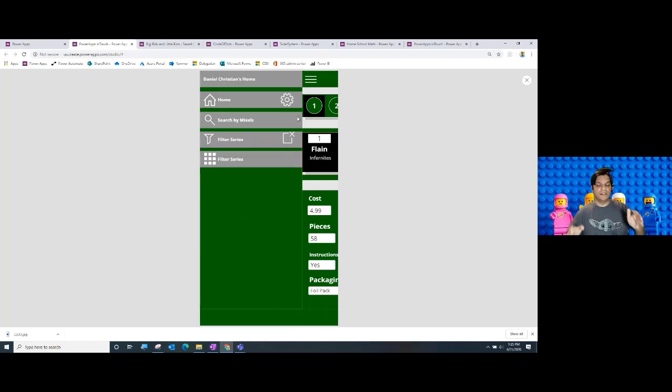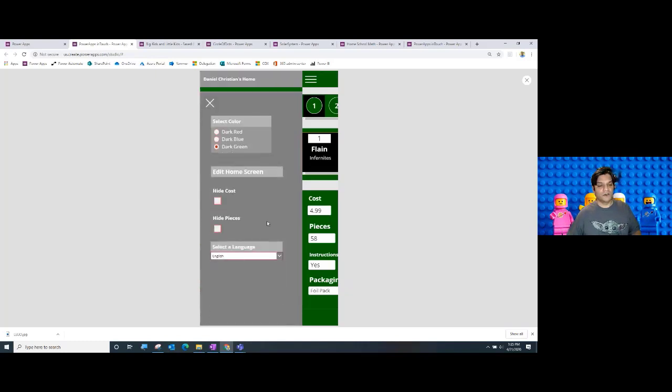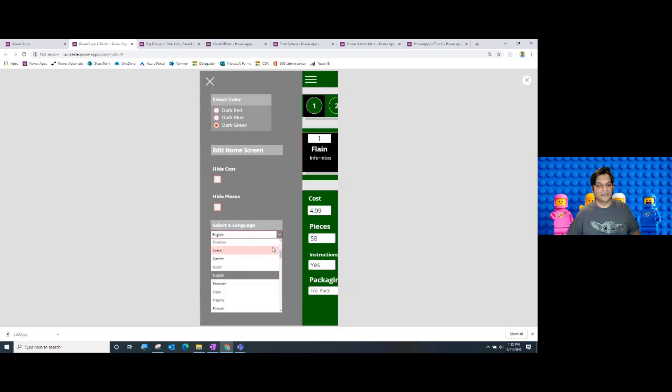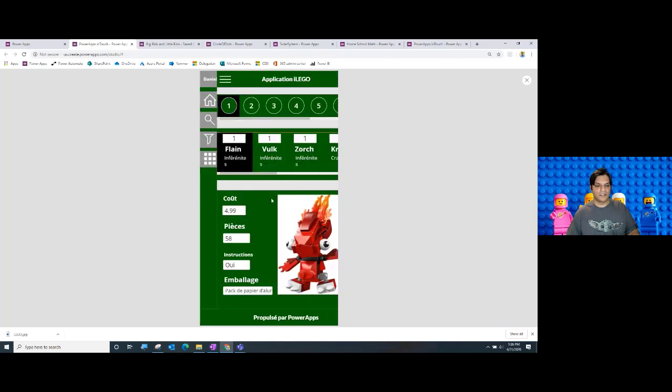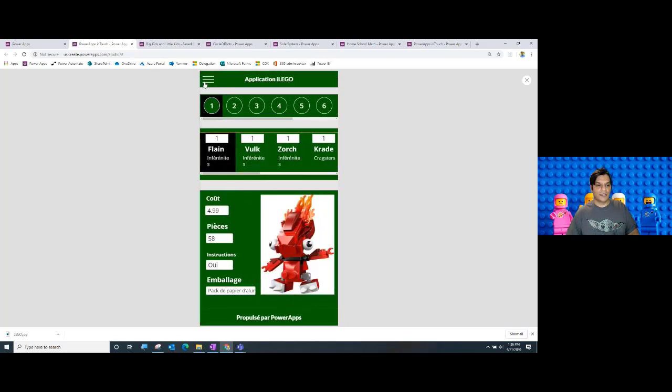So everybody needs that flexibility, not just to use the app, but to read everything in the app. So one of the things that I've done is I've put in a language translation. Right now, there's a flexibility of 80 some languages. So I'm going to come over here and pick, say, French. And if you notice, across the entire app, the language has changed. I can go back and even